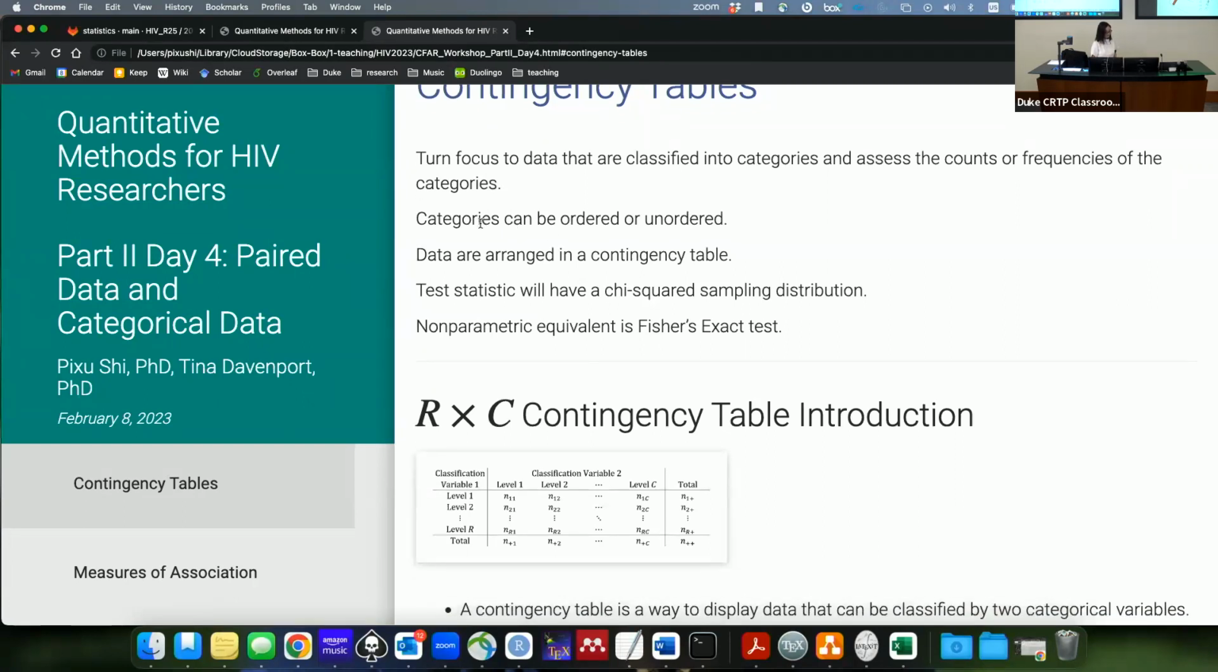So you have categorical data, and you will tabulate the samples into a table. This table, the number of rows and number of columns, those are not your sample size. The sample size is the summation of counts in this table. So for example, if you have